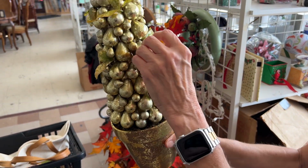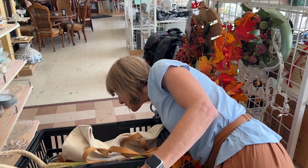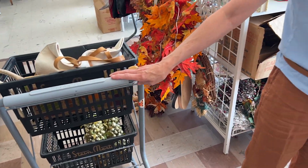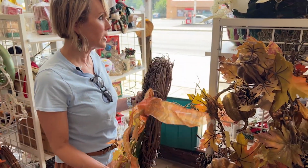What do you think? It's a Linda idea. It is a Linda idea. It's topiary, so of course it's Linda. So I've got 3 of those. I don't know if our math is good enough, Stuart, but maybe we should try to keep a count. Okay, I've spent $6 so far. We can call it 6 and go from there. Now, this wreath,